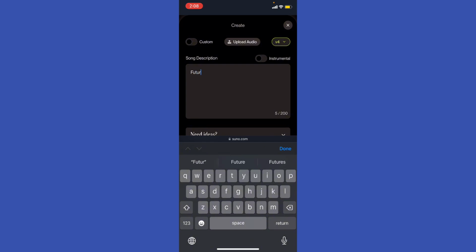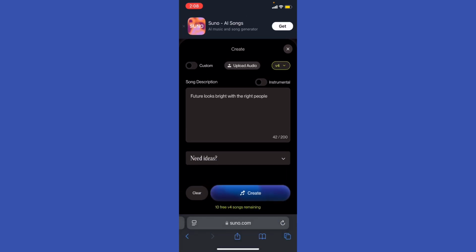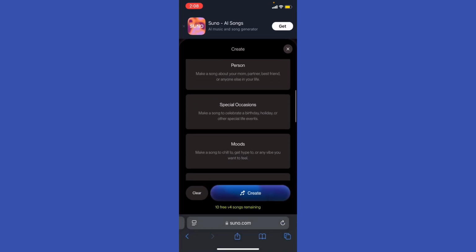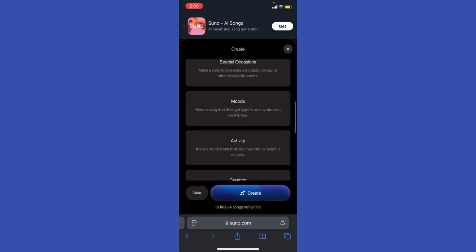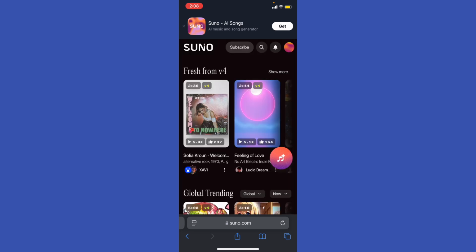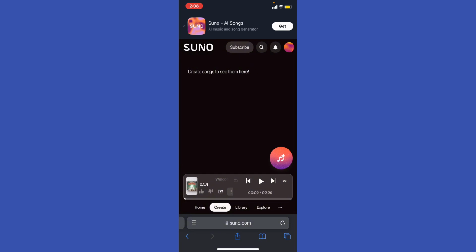future looks bright with the right people, right? This is an example, right? And if you want ideas, you can just write down your own ideas and hit create right here, and basically now they're gonna create songs, so we can